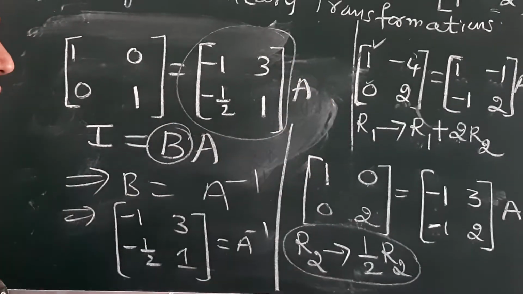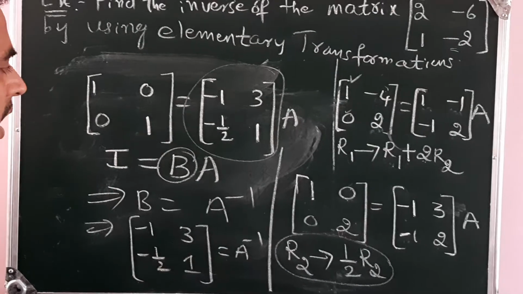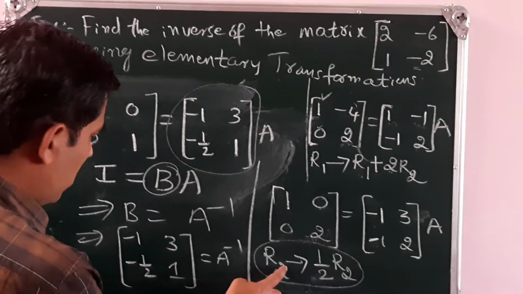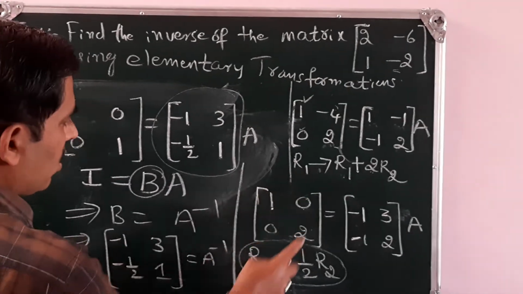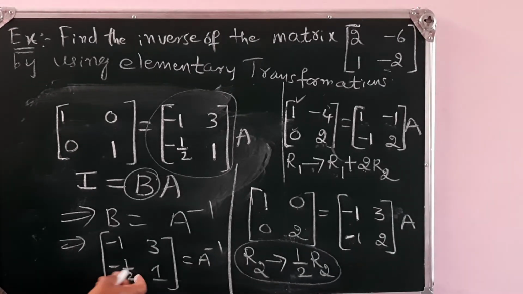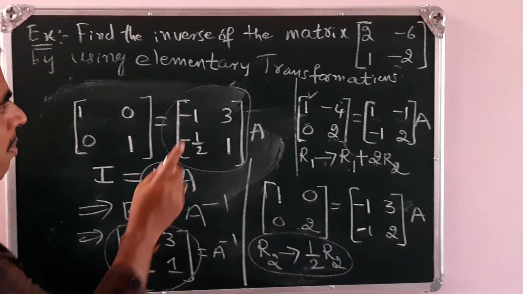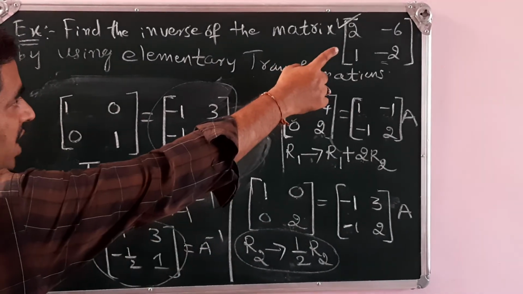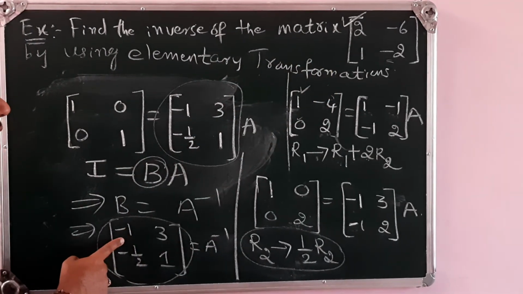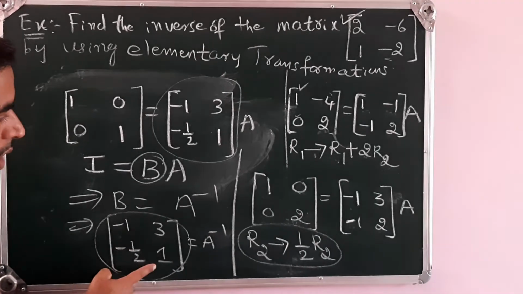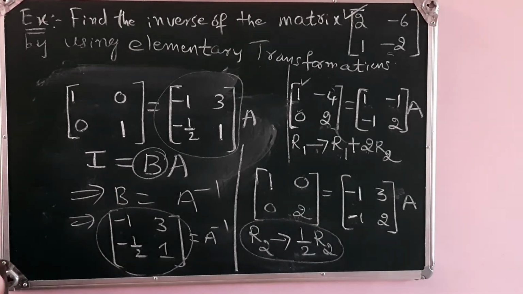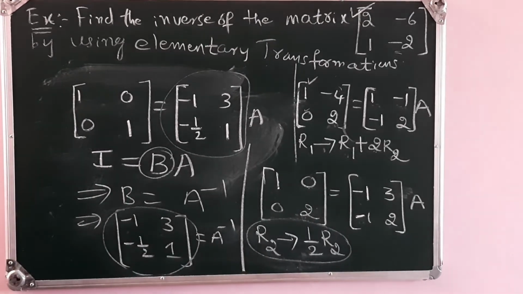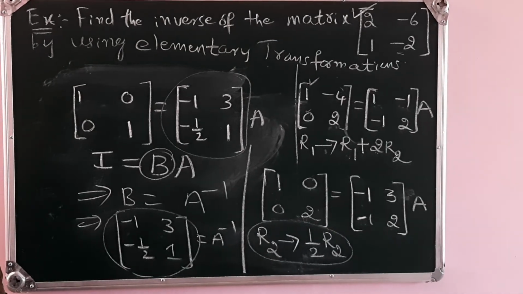So you have to do the calculations separately. So you show the transformations correctly. So this will be the inverse of the given matrix. So what was our given matrix? 2 6 1 minus 2. So the inverse exists for this matrix, and that inverse is minus 1, 3, minus half and 1. Okay. So we shall consider another problem in the next class. We practice this problem correctly.